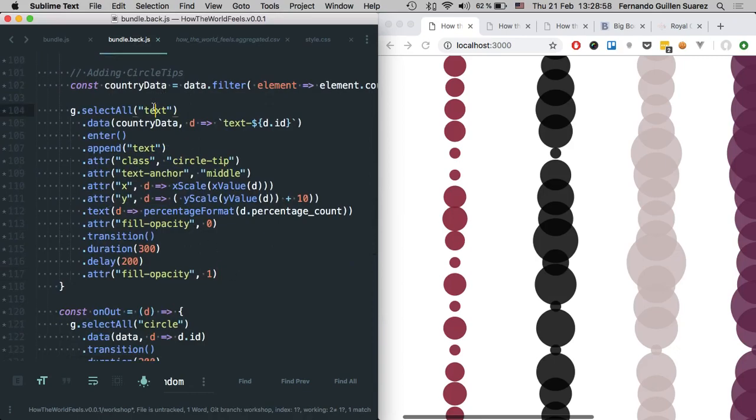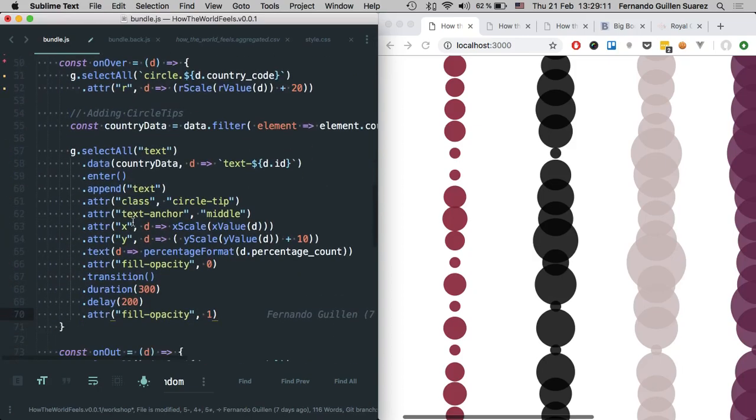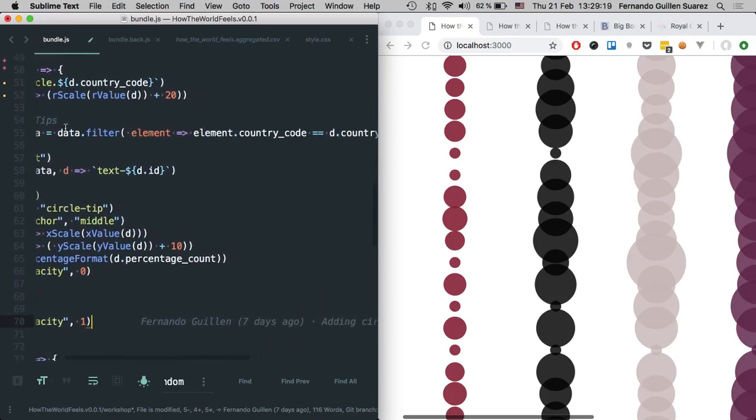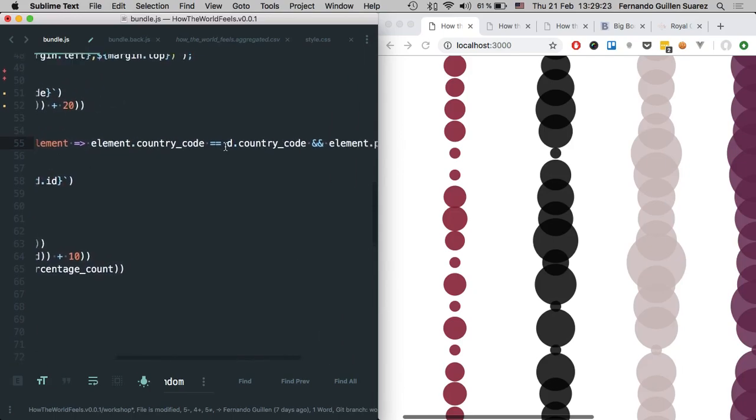I need to create text elements associated with a portion of the data, not the whole data, but just a portion of it. Let me copy this to our development version. The portion of the data that I want to create elements for is all the data. From all the data, I'm going to take wherever element